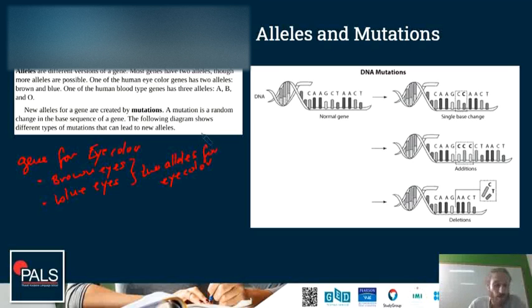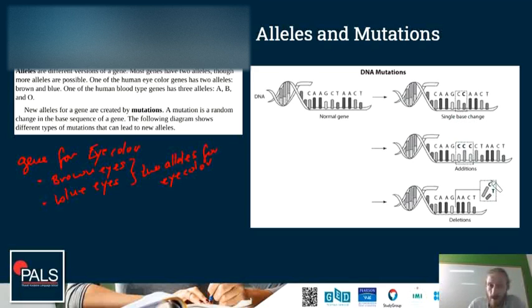New alleles for a gene are created by mutations. A mutation is a random change in the base sequence of a gene, and the following diagram here on the right shows different types of mutations that can occur and lead to new alleles. We have to say here that most mutations that happen are usually not beneficial. Sometimes a mutation can be beneficial, leading to a more beneficial allele that can give an